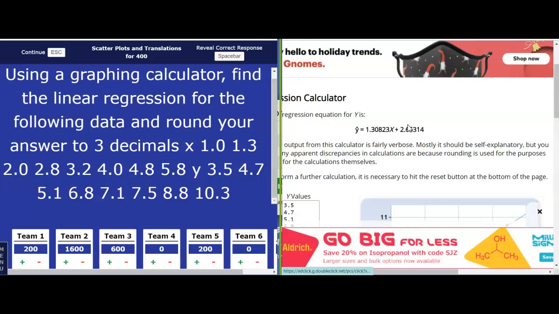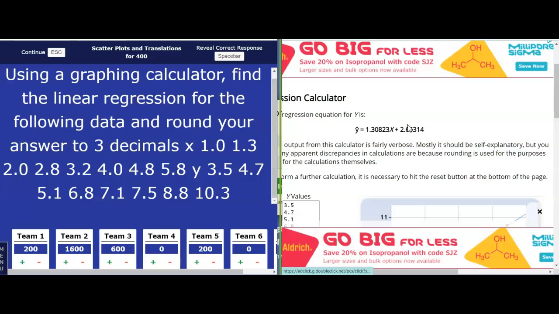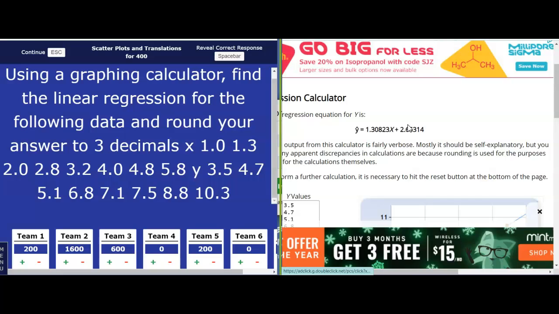Oh, the linear regression R value you're talking about is the correlation coefficient. That 0.98 answers whether it is a strong positive, weak positive, strong negative, or weak negative. So your R value of 0.98 tells me that this data has a strong positive correlation because the R value is really, really close to 1. If it was a negative 0.98, then it would be a strong negative correlation.